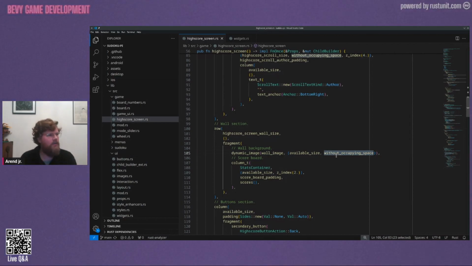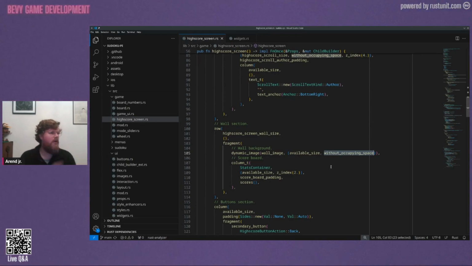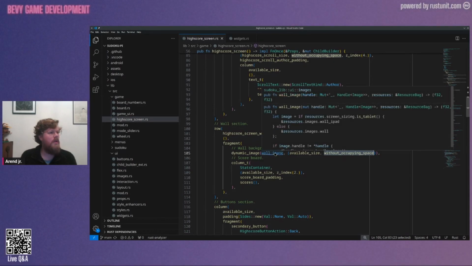This is a trick that I use in my layout system for allowing me to put widgets on top of one another. So one should not occupy space, so the space is still available for other widgets to come on top. But if I look inside this wall image,